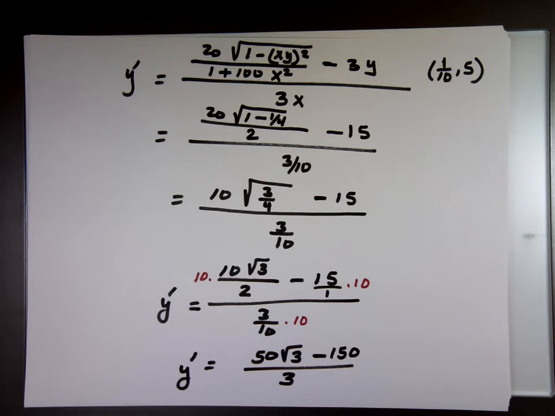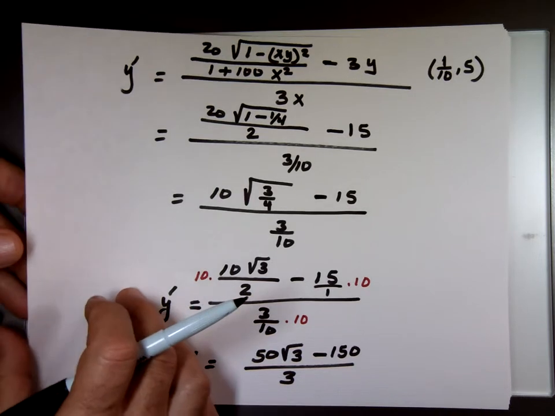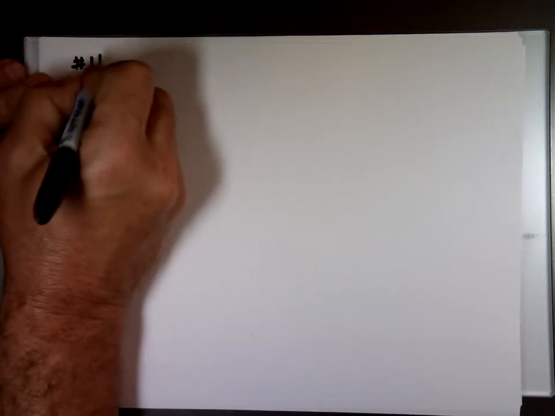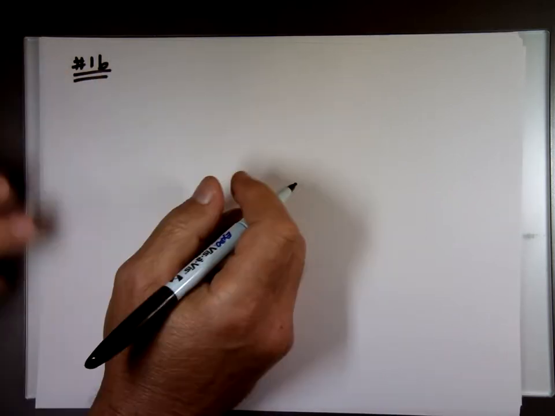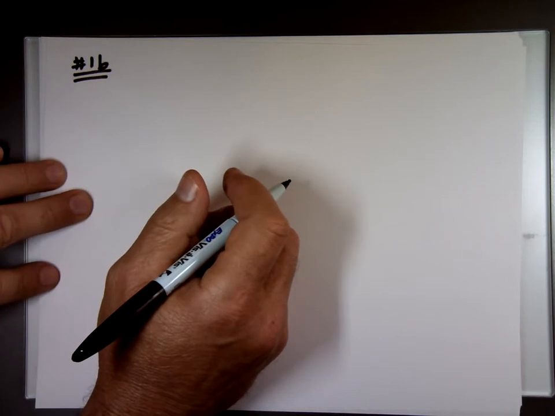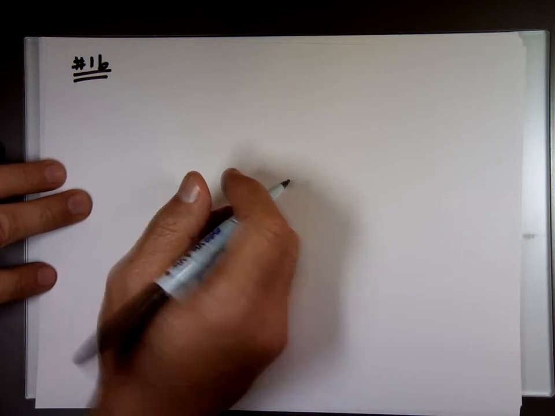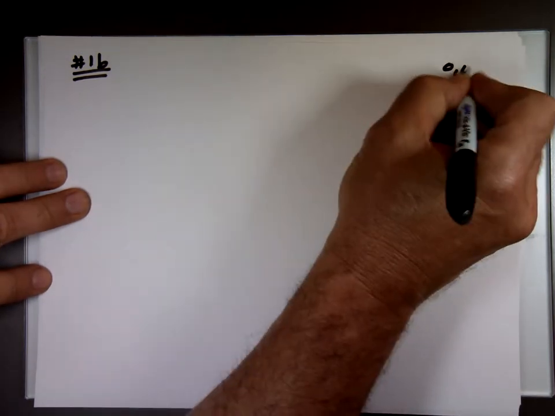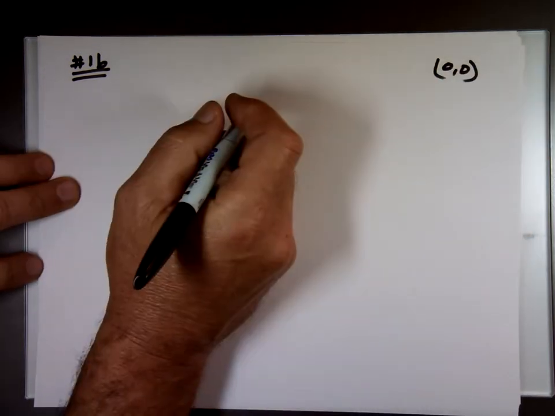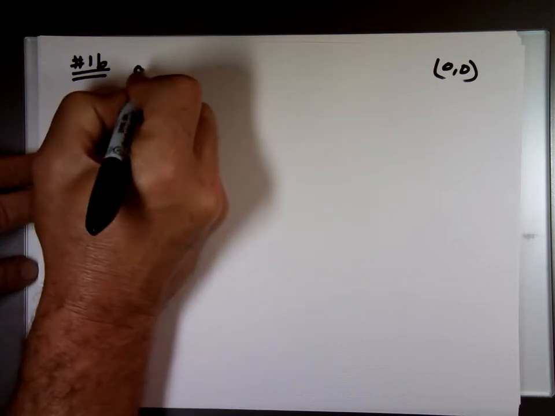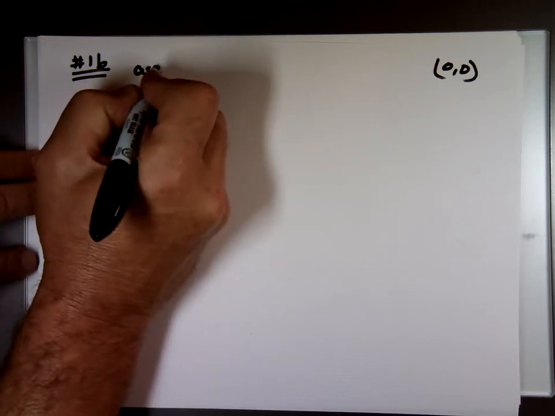We got 2 more here before we get to the last 2 sections in the book. Number 16. And we have find the equation of the tangent line. That's find the derivative. At 0, 0. They give us the point. I like that when they give us the point. We have arctan. Is it arctan? Yep. Arctan xy